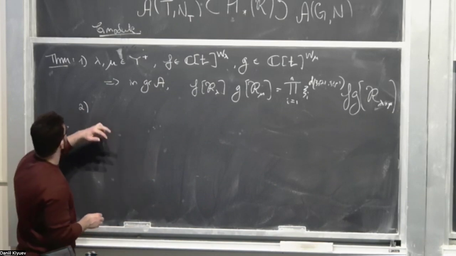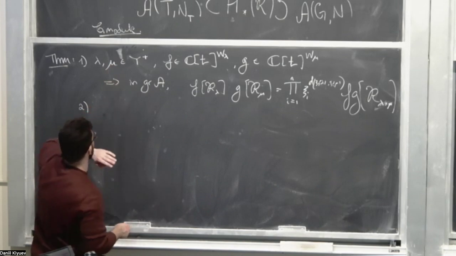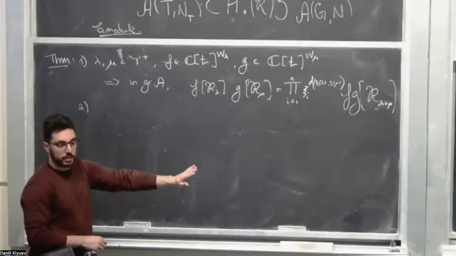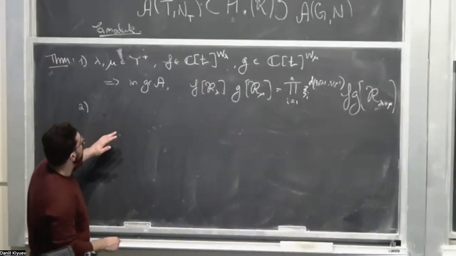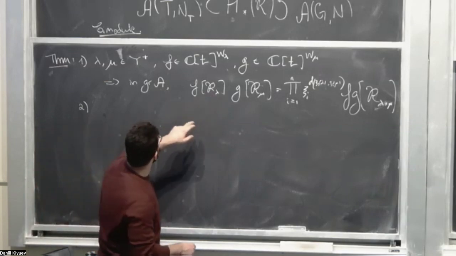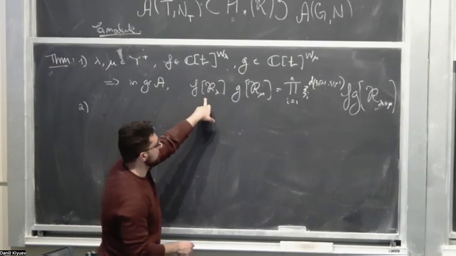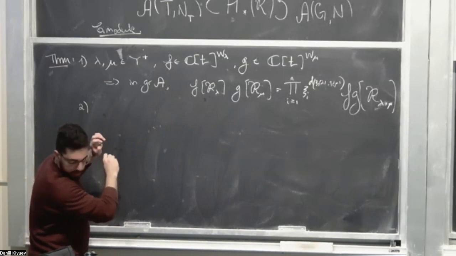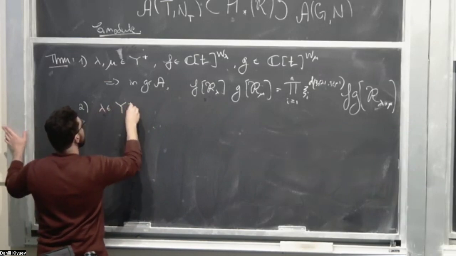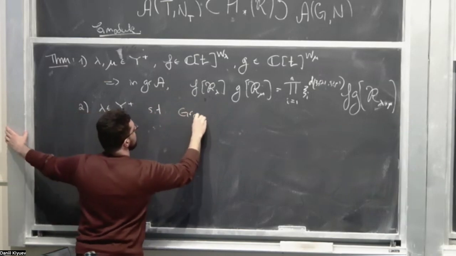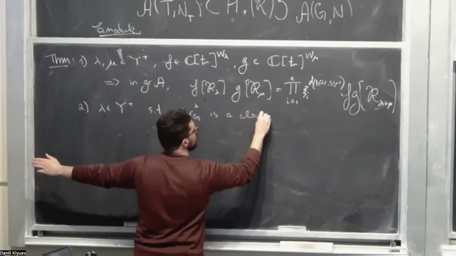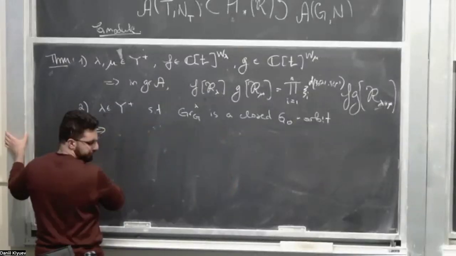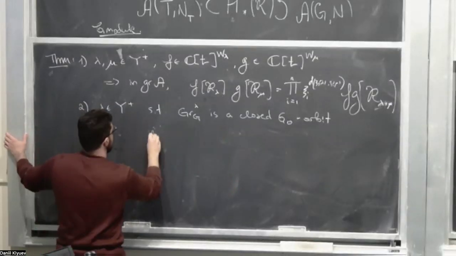Okay, so that's on the graded, but something you can say upstairs without taking graded is if you have lambdas corresponding to closed orbits in the Grassmannian, then you can give a formula for these things. So in fact, the formula I'm going to write always holds on the associated graded, and then for the closed ones, it even holds upstairs. Let's see. So lambda such that G lambda is closed G orbits. Then I can